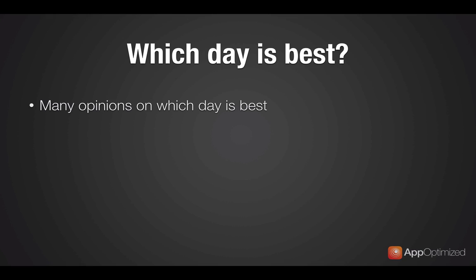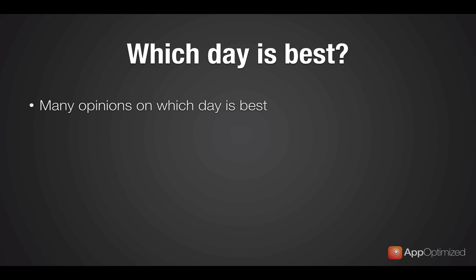And eventually that will hit a critical mass where Sundays are no longer the favorable days to launch your app. Then someone will analyze it again and say, okay, it's now Thursdays that are the best days to launch, and so everyone's going to shift their focus and start launching their apps on Thursdays instead, and so on and so forth. So you can see that when you listen to what other people are saying, eventually those days will no longer be the best day to launch because of this reason.